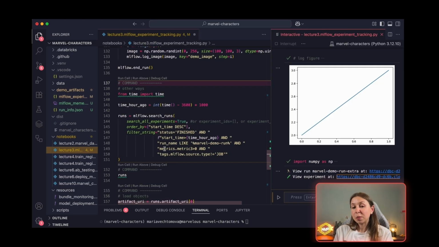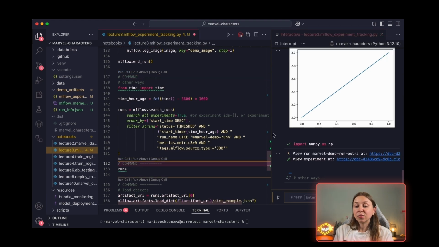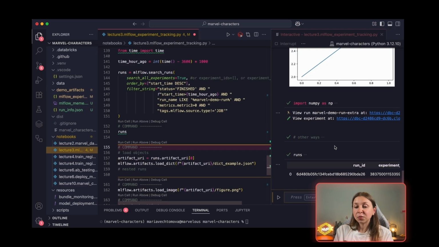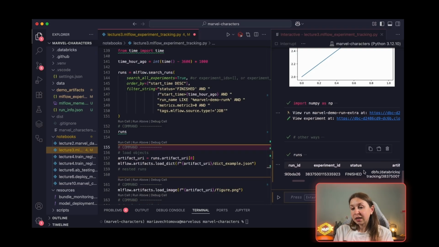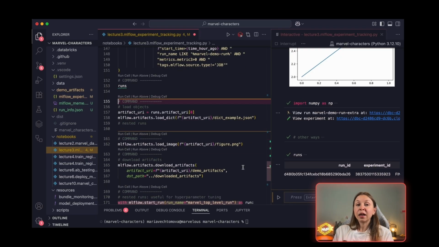You can search by metrics, tags, run names that have a certain pattern. So we can try to search for the run, and let's see what the runs is, and it has this one record that matches this profile. Now we have all these runs,